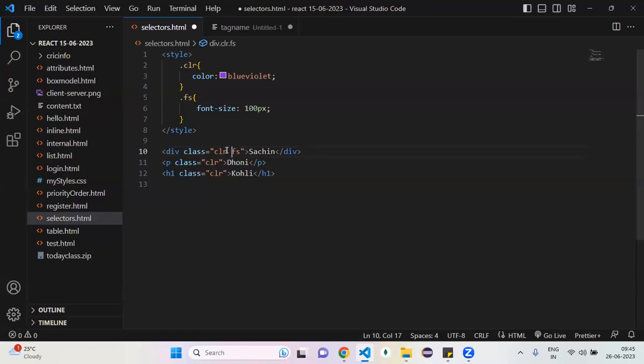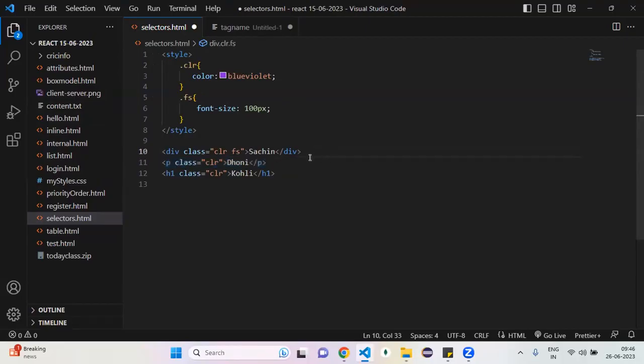So if you want to apply the same CSS properties for multiple elements, better to go with what? Class or tag name? Better to go with class. The next one. Okay, here Dhoni is special. So I want to apply some special properties that is only for Dhoni. In future, I don't want to use them for any other player. Some of the CSS properties only for Dhoni. In future also, I don't want to use those CSS properties for any other person, any other element. Then that time, one unique element, if you want to apply some unique CSS properties, then how